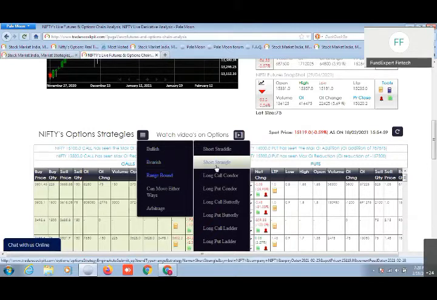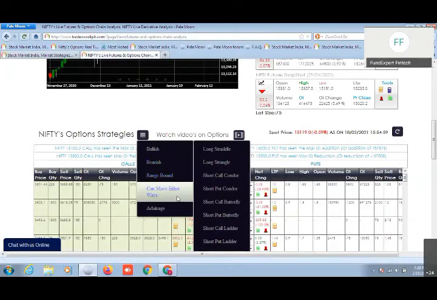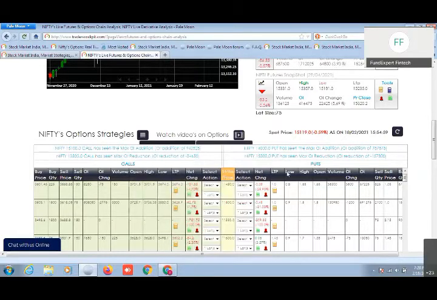If the market is range bound, then which strategies can be followed, or if it can move either ways. It means, suppose for example, some big news is going to come in, like election results or quarterly results, and you know that by virtue of that news the market can be highly volatile, but whether it will be going up or coming down, we don't have any idea. Say for example, as it happens on budget day. Then in highly volatile markets, which strategy to follow, that it shows you here.